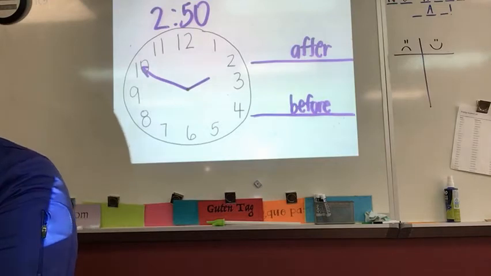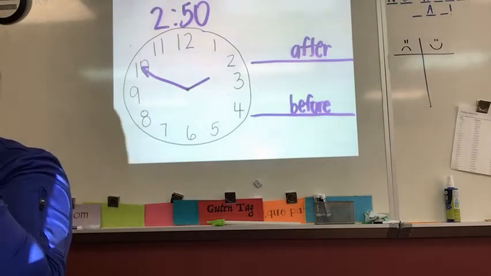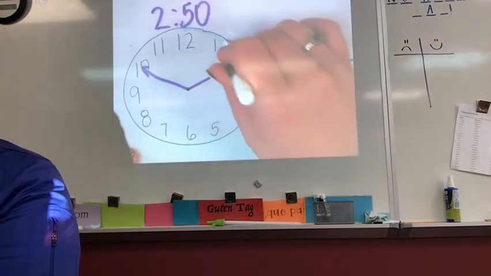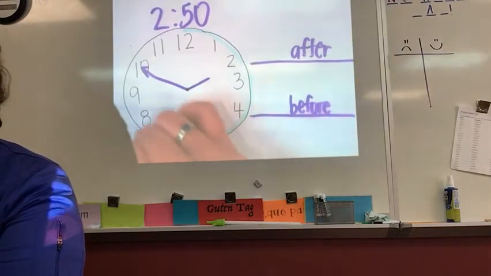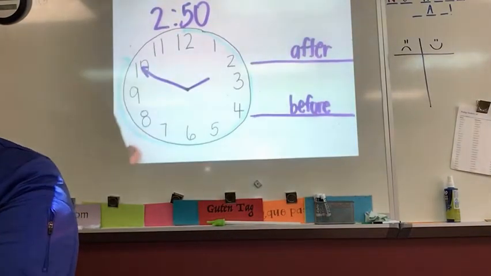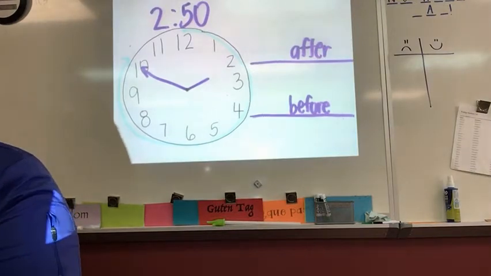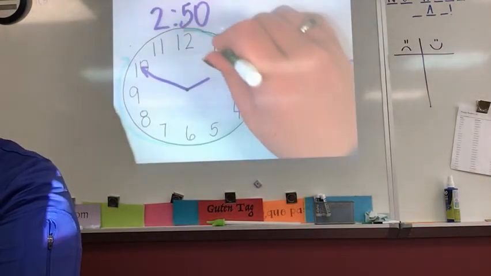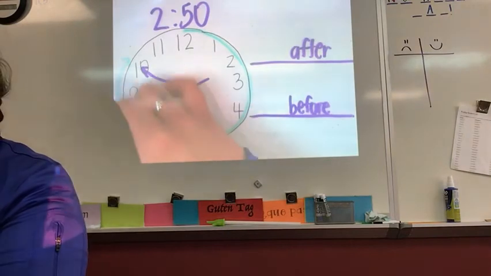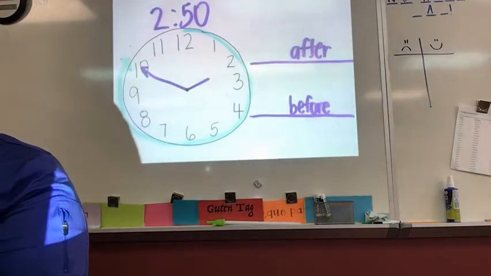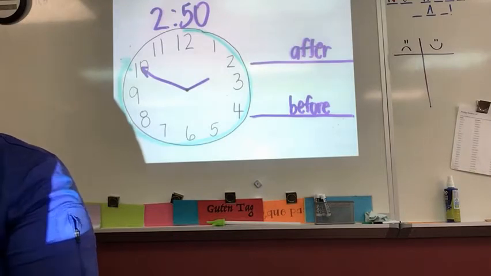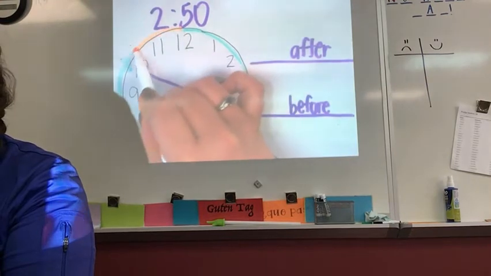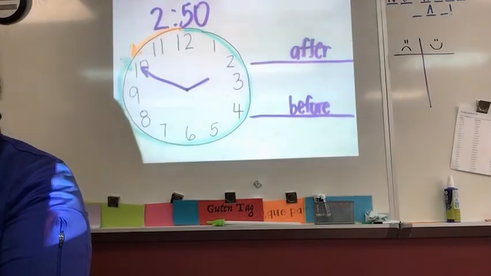So I'm going to represent this with green. These are my plus times. After 2 o'clock, we have gone this many minutes after that hour. Can you see that in green there? I might need to get out a different color here. Give me 1 second. Try this. It's not a whole lot better, but you can kind of see that. Now in orange, I'm going to show you there's this much time before the next hour. We still have to go this much time until we get back to the 12